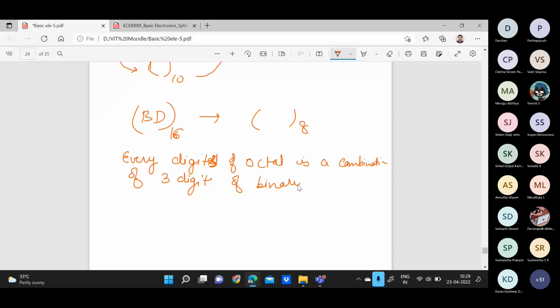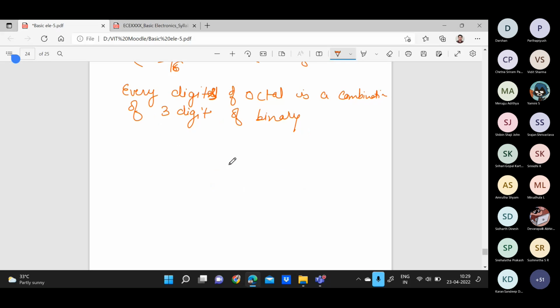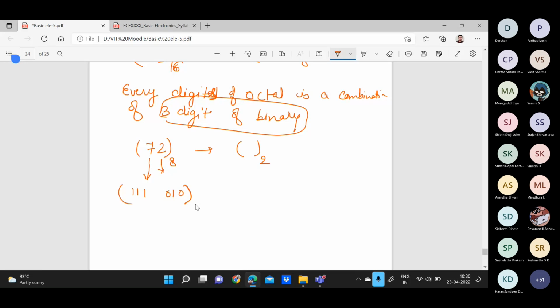For example, if you have any number like 72 in octal, and you need to convert it into binary form, you can do it directly. Every digit will be a combination of 3 digits of binary. 7 you can represent as 111, and 2 you can represent as 010. So the total number will be